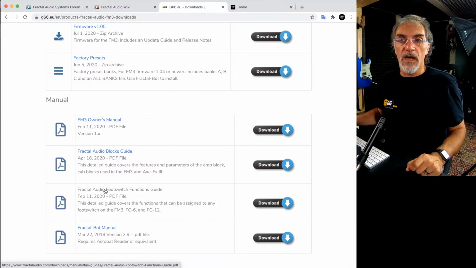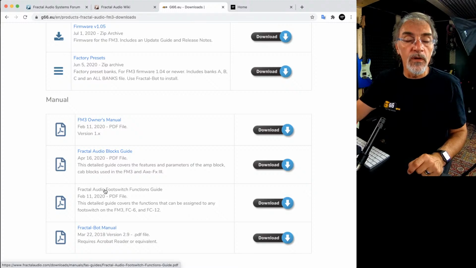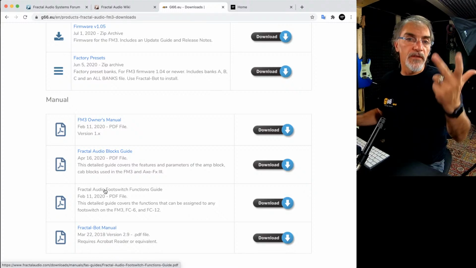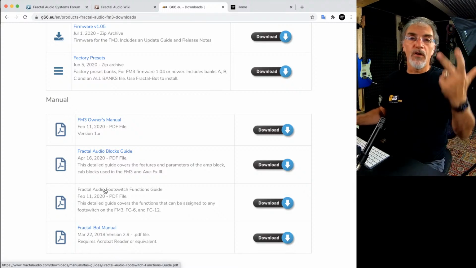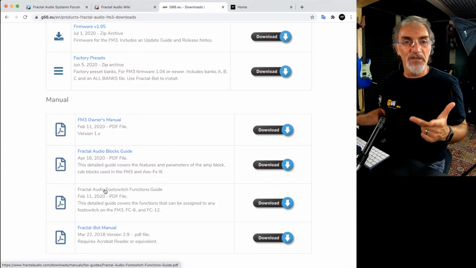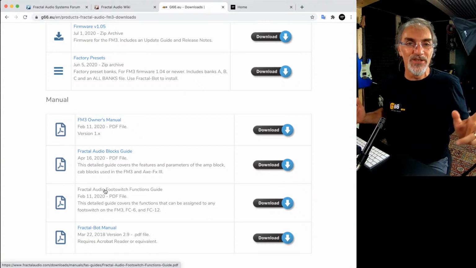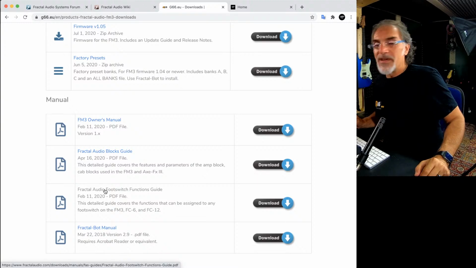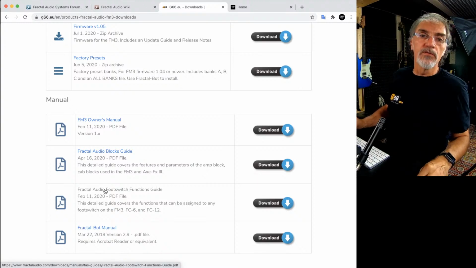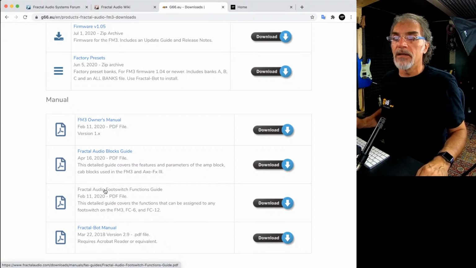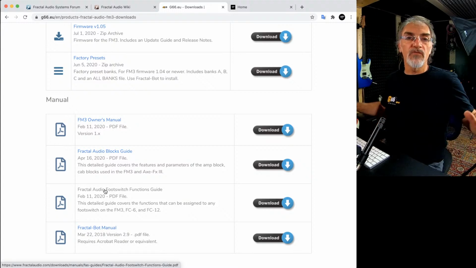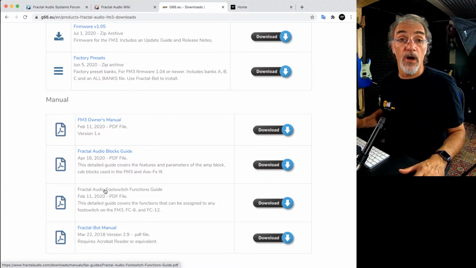The footswitches are very, very powerful, and it's possible with only three switches, because many people told me, oh, but only three switches. Okay, it's not only three switches, let's say magic switches, because you can program and configure the switches to have a very wide range of configurations and possibilities.